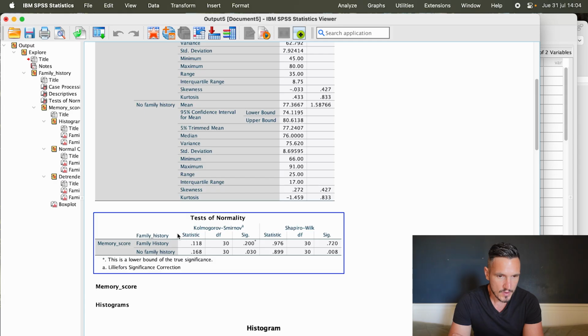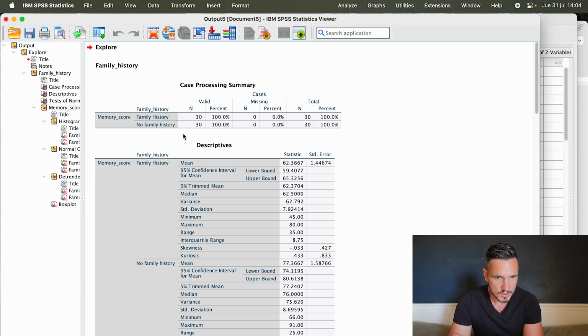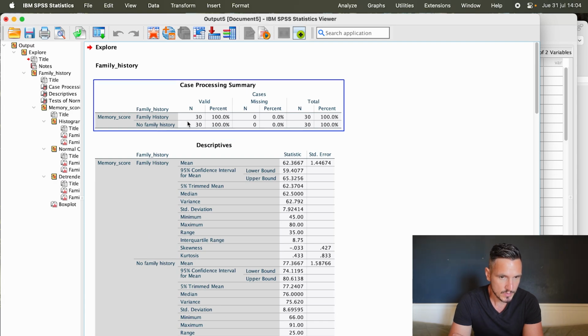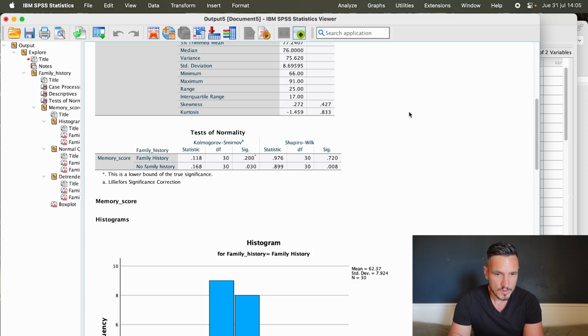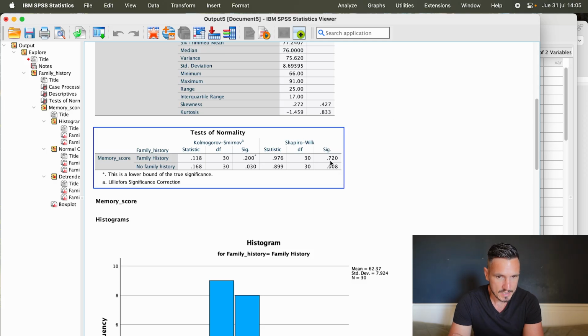We can see that we have 30 people in the family history condition and 30 people in the no family history condition. We typically apply the Shapiro-Wilk test when we have fewer than 50 people in each condition, and we typically use this test here when we have more than 50 people in each condition. So I'm going to focus on the Shapiro-Wilk test, and we can see here that we have a sig value